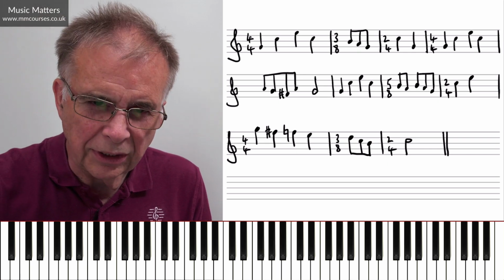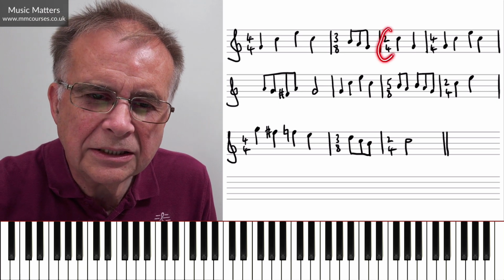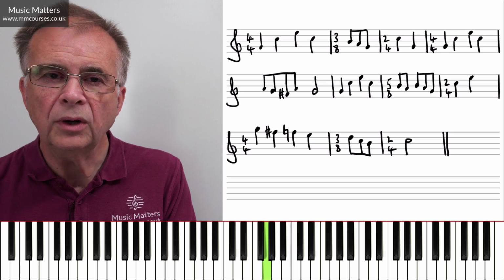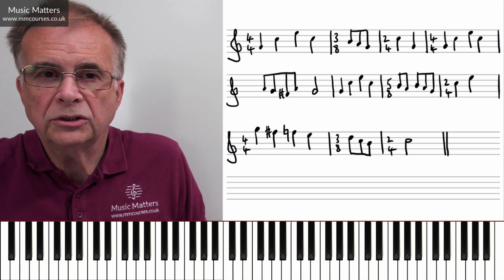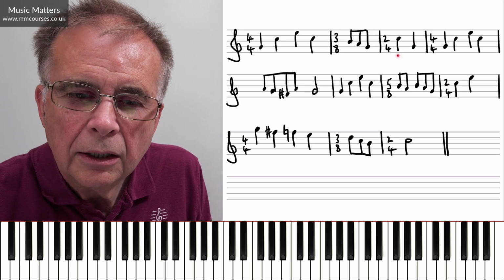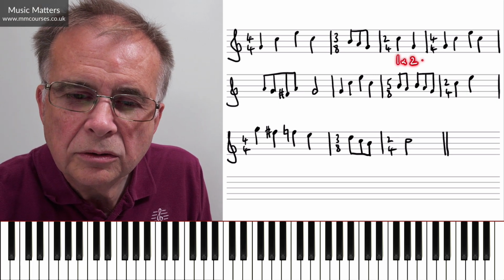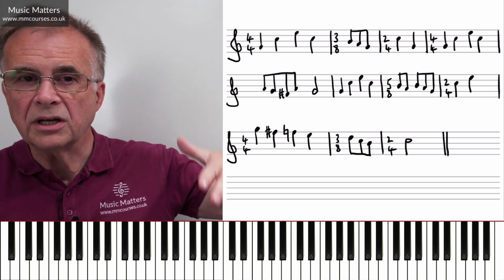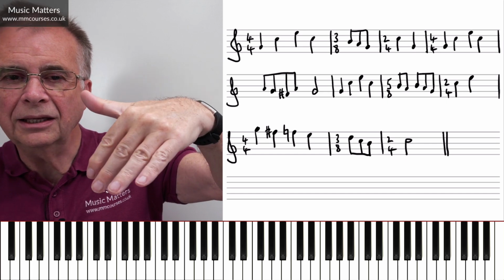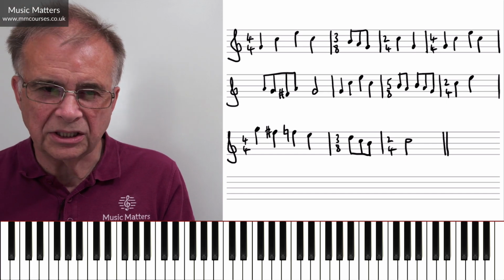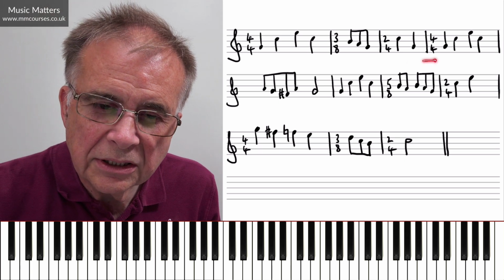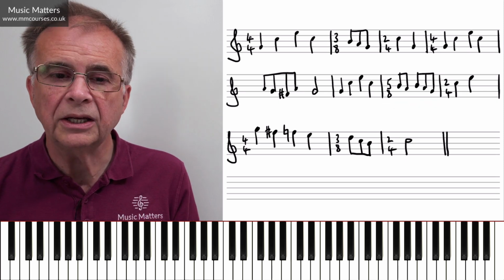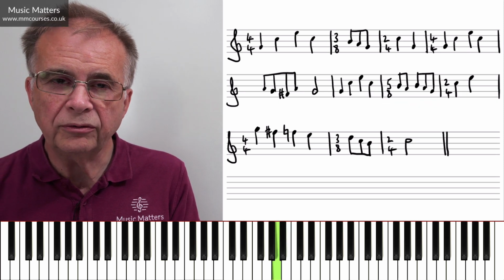Now, if you keep that going, when you come to this bar, the next one, well, what are we going to do here? We're going to go 1 and 2 and. Okay, well, we've only got 2 beats this time, but we're still counting 1 and 2 and. So we're keeping these quavers going, because the quavers, or the eighth notes, are the common thing that links all of these time signatures, even when we come to this slightly more awkward 5/8 thing, because when we come to the 5/8 bar, we're simply going to count 1, 2, 3, 4, 5.